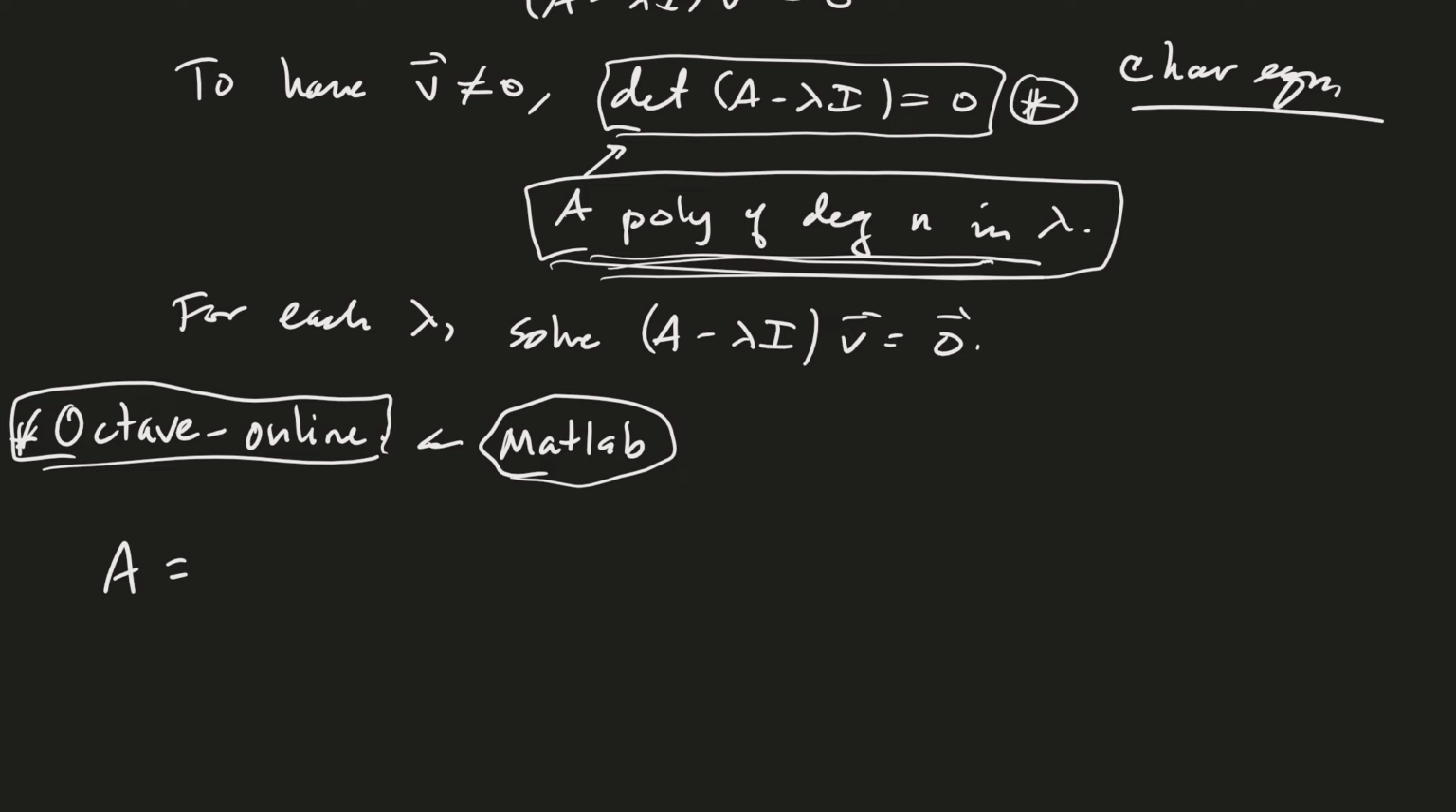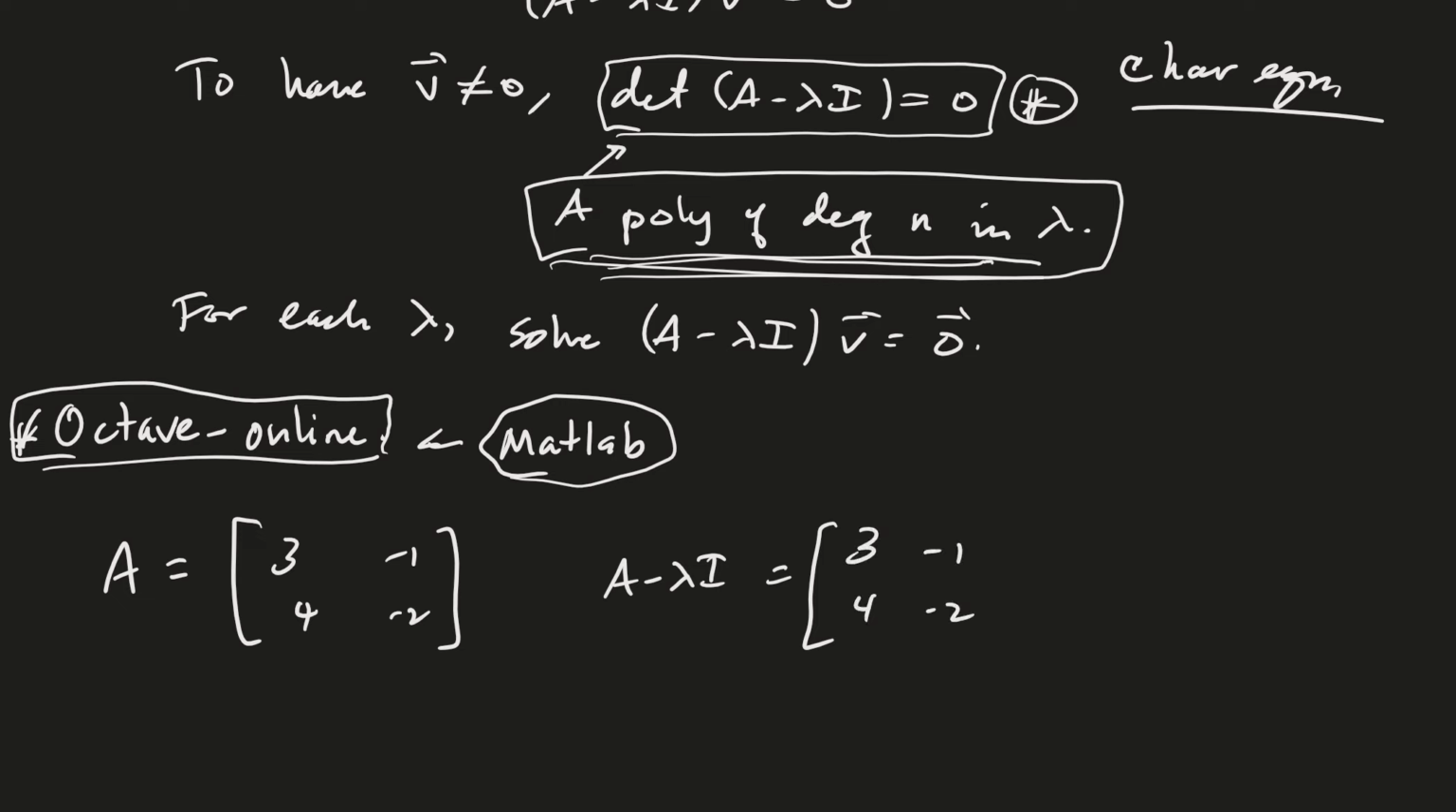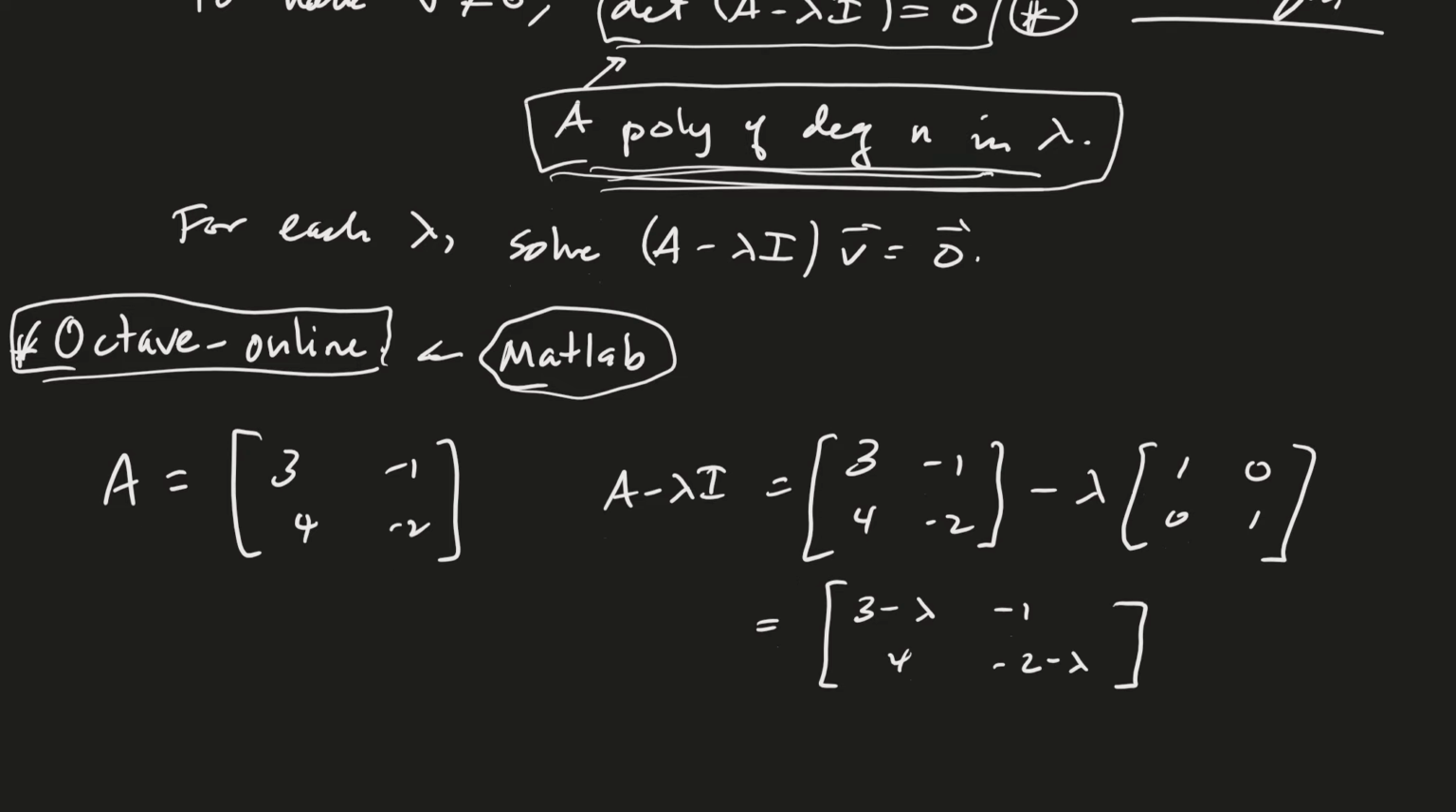So let's suppose that A is equal to [3, -1; 4, -2]. Okay, then we take A minus lambda I. If it's been a while since you've done these, I'll go ahead and do it out here. But what you end up doing is just taking your diagonal elements here and subtracting lambda. Okay, and so then the determinant